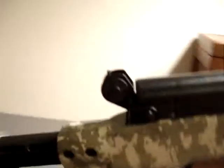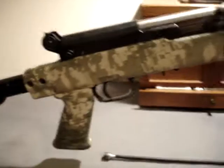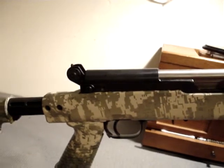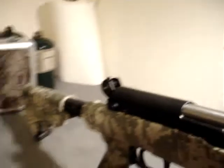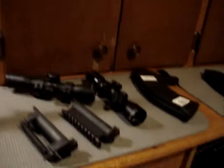It uses the receiver cover pinhole, mounts securely in there, then has 4 steel screws, brass tipped, so you don't damage your receiver. Just holds it tight down there. You can tighten it up pretty good. I don't know, but I've heard you can get like 2 to 4 inch groupings at 100 yards with this sighting system. With the other sighting systems I've gotten 5 or 6 inch groupings at 100 yards, and the